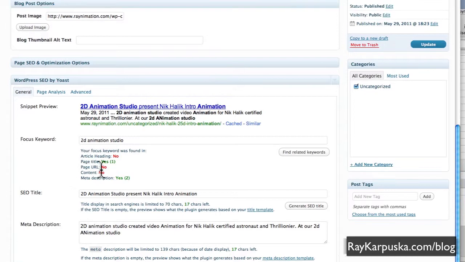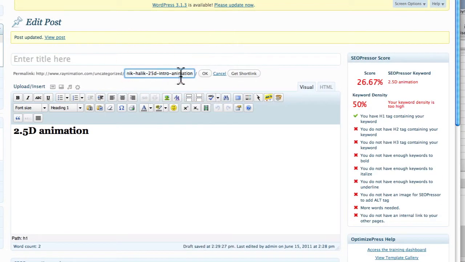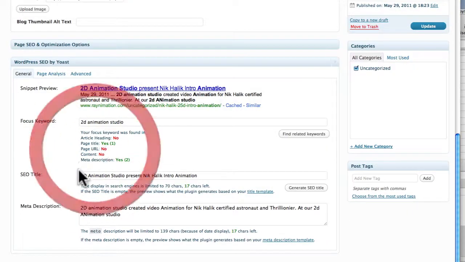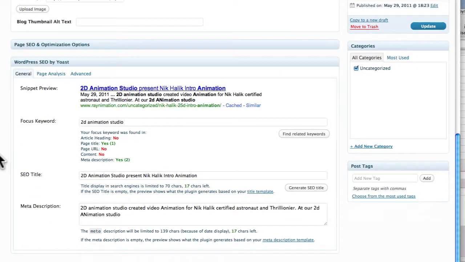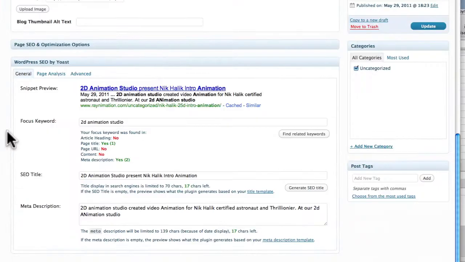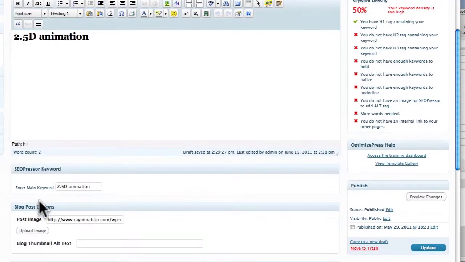Coming back here, we can put this into context. We can also see the page URL is missing. So instead of Nicole 2D animation, I can say 2D. This probably works, but we have to update it. Another plugin, which is not free but paid, I prepared the link for you if you want to consider it too. But for the SEO presser, as you can see,